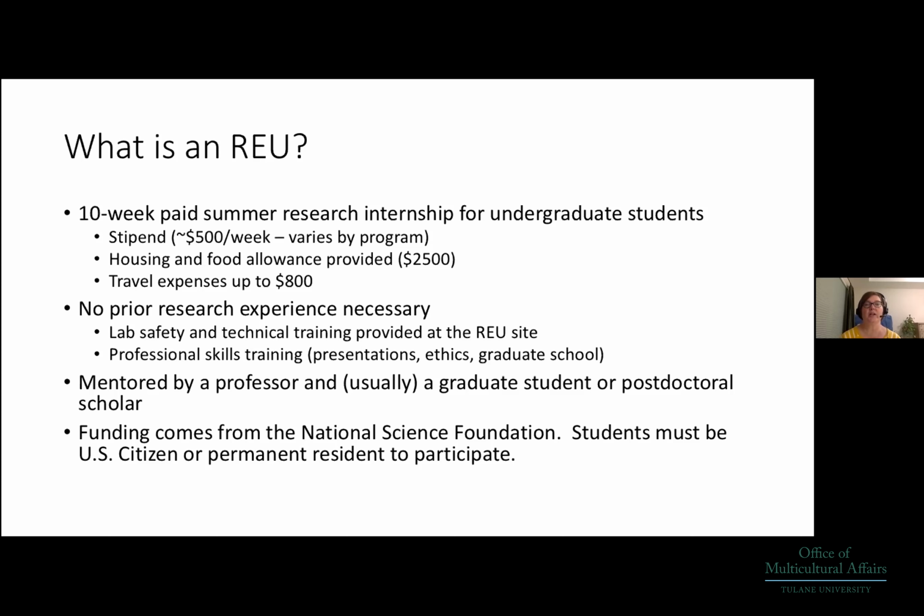Since all the REU sites that we'll talk about today are in the College of Engineering or in STEM, we provide you with all the lab safety and technical skills training that you will need to be successful in the research project that you're assigned. Some of those are done during the first week right off the bat in a training with the rest of the cohort that's coming in for the REU. Typically,